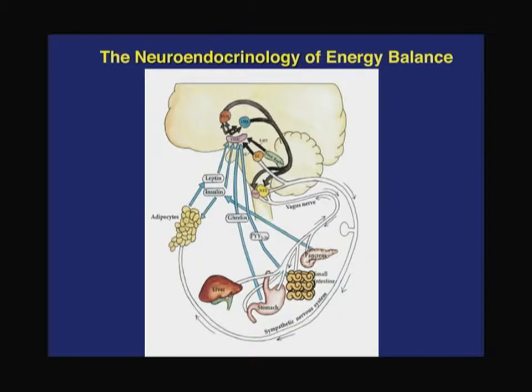And part of the logic for that, I think, comes from this cartoon, which is meant to describe what is currently known about control of appetite and energy balance. And I like to joke that any good medical student knows that when the professor shows a slide with this many arrows, it's usually because they don't really know what's going on. And at least it suggests, if that's not the case, that this is awfully complex, that we evolved to preserve our appetite, and we have many redundant biological pathways to preserve appetite.